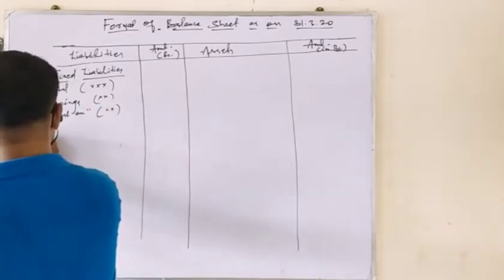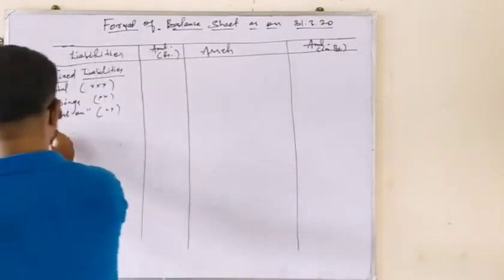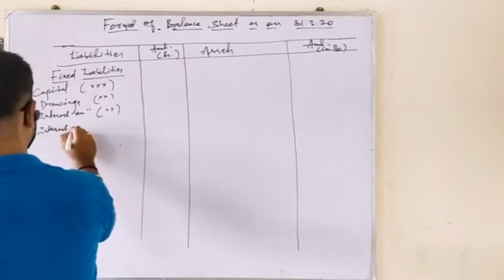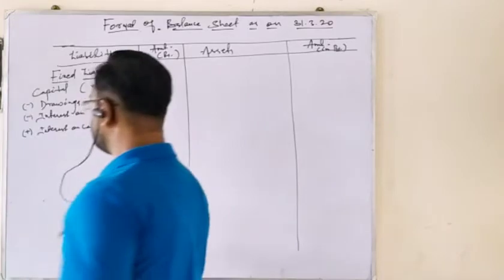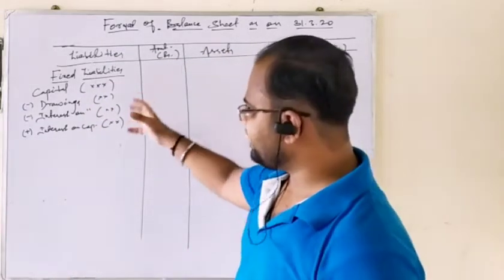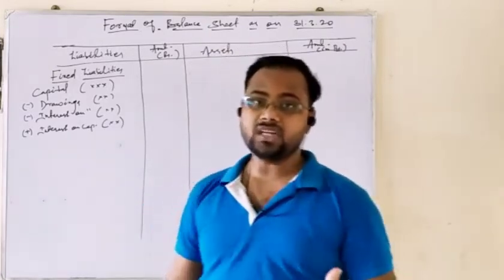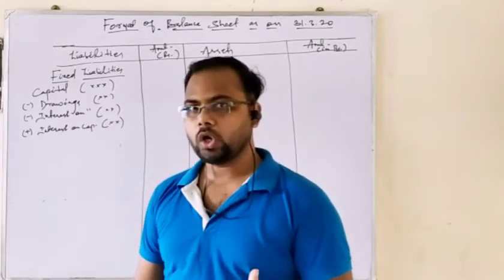Then if interest on capital is allowed, it will be added to the capital account. Interest on capital. So these are the adjustments regarding the capital account. After these adjustments, there are more adjustments, like the final result or the final profit or loss that you carry out in your profit and loss account.